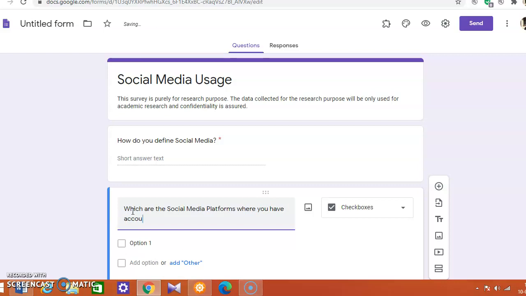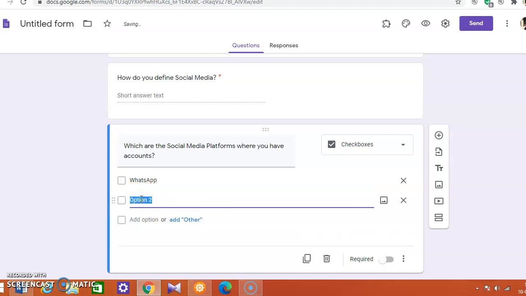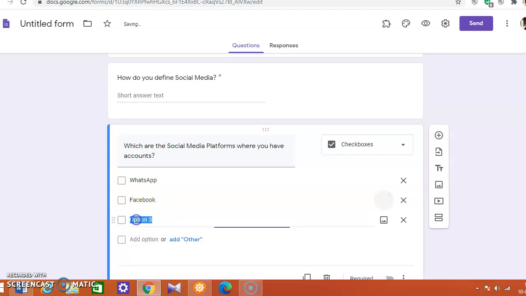Just to know their social media presence, we can ask this question, and then again you can start giving them options: WhatsApp, and then you can give them Facebook, and then YouTube.